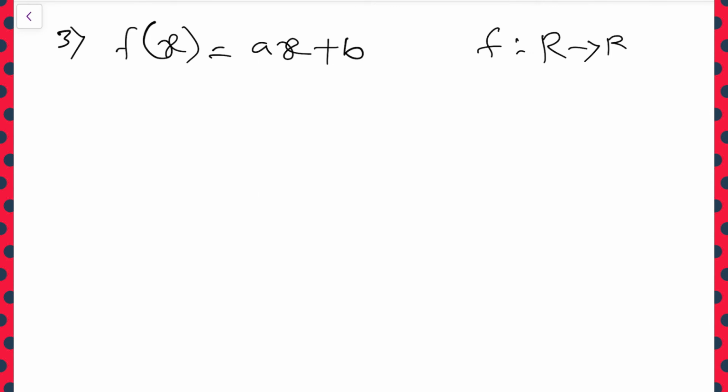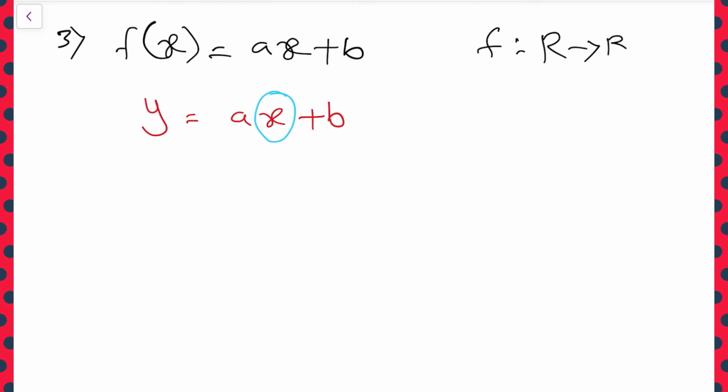How to prove this for linear functions? To prove whether it is one-one or not, otherwise surjection, I mean onto or not, one more method we will follow. That method I am going to explain now. f of x is equal to ax plus b is there. So f of x, you substitute it as y. y is equal to ax plus b. So from this equation y equals ax plus b, try to get the x value.